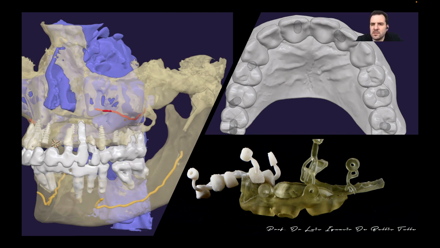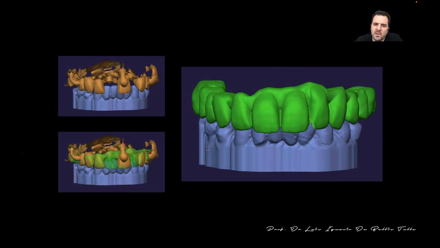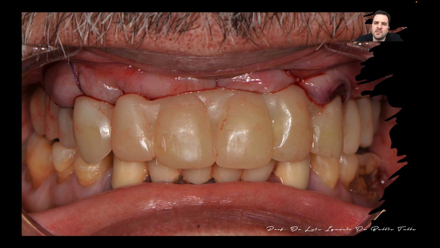After making the designs, I obviously had to perform some surgeries on this patient. I'm not going to show this because it's not what we are here for. After the surgery, I did an immediate load. I had already done my design of this provisional, and after doing this, I printed a provisional. I installed that provisional, and after the healing period passed,